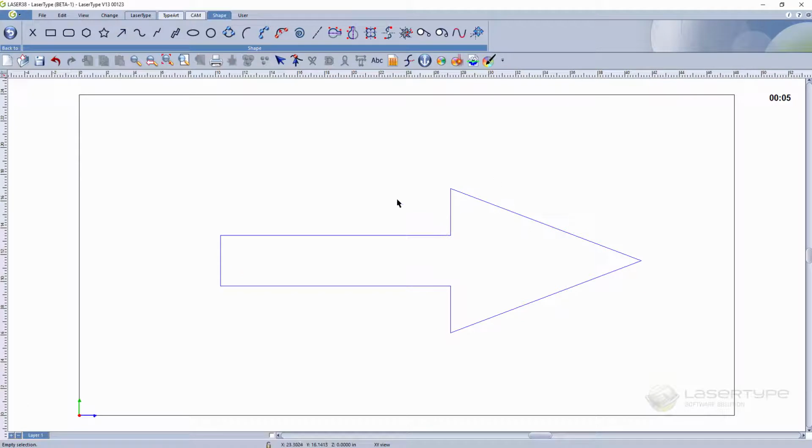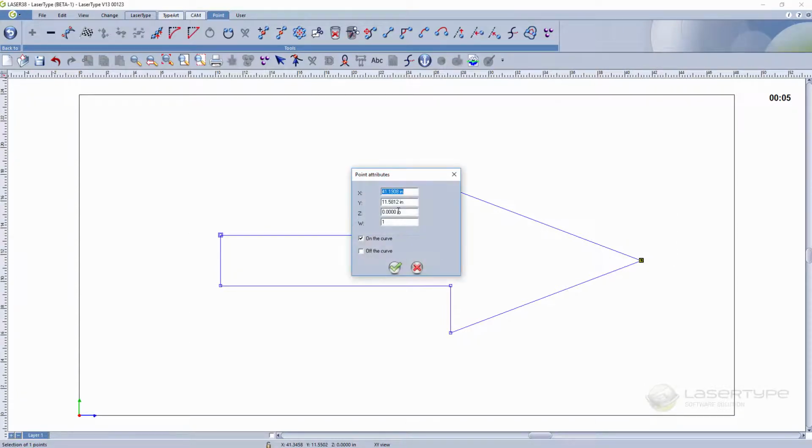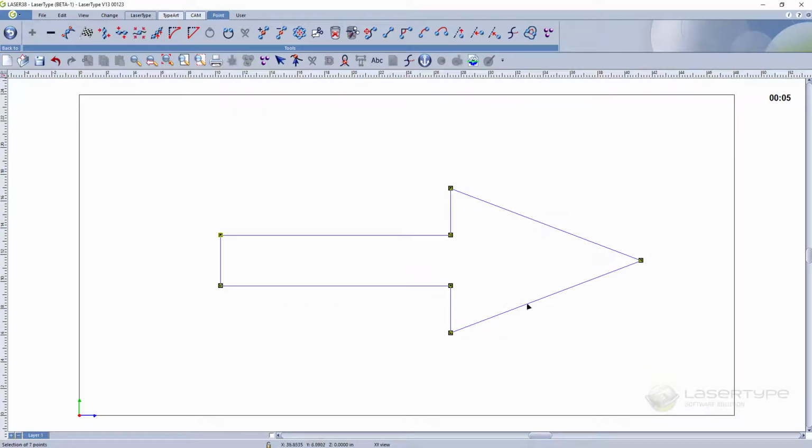Every vector line that you build can be shown and edited, as you can see the nodes. You can drag nodes, and you can double click nodes to look at the different locations in X, Y, and Z. You can also modify thanks to the point mode. You have the possibility, for instance, to change the corners into different angles. You can enter the value here, you validate, and you round the shape accordingly.